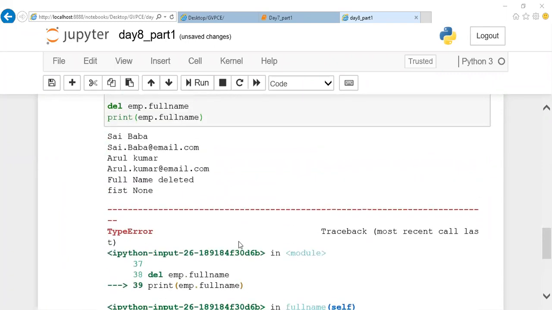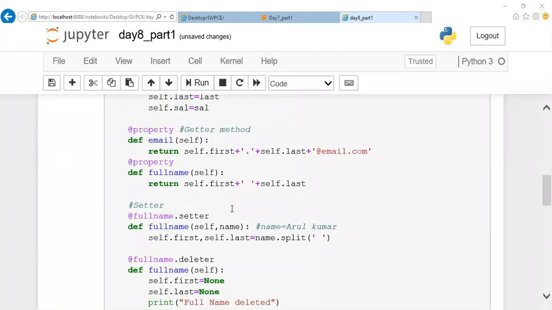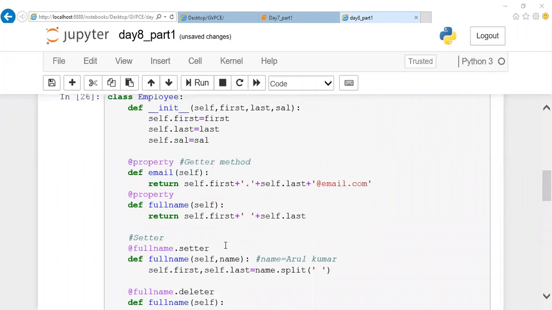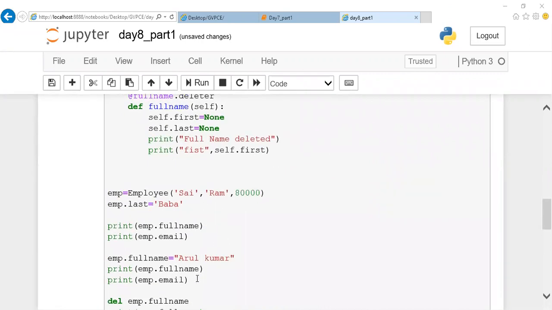Okay, that's right. Listen here. It's executing properly. The deleter method is used to deallocate the memory for a variable. When I call this delete method, all the allocated values will be deallocated. I guess you people are clear till this.